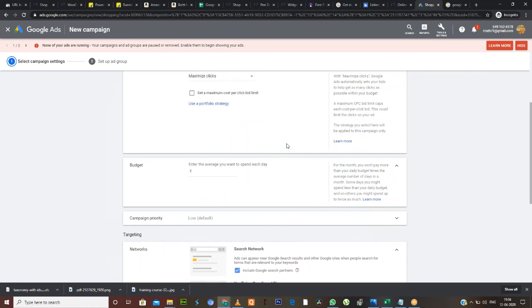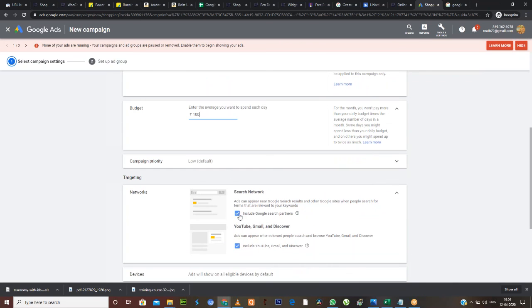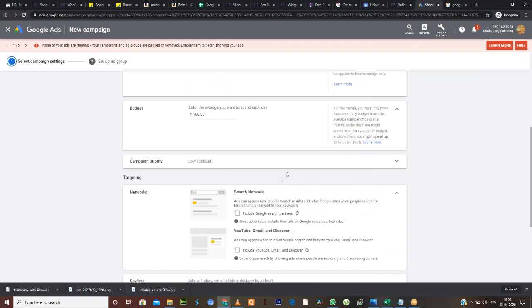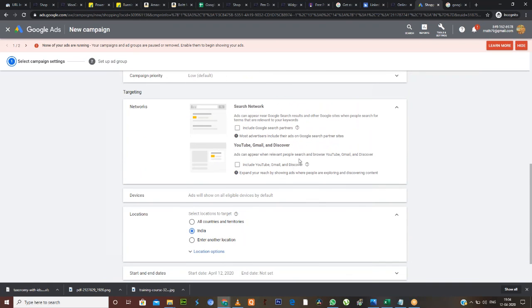Okay, now give the budget. Now targeting, search partner is not required. Just wait, don't go so fast. Now include YouTube, Gmail, and Discovery ad.